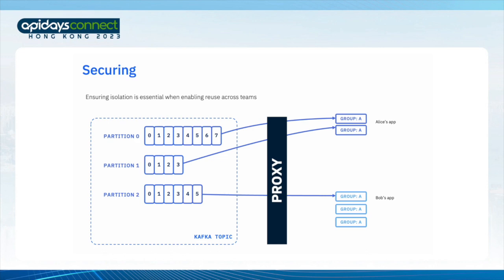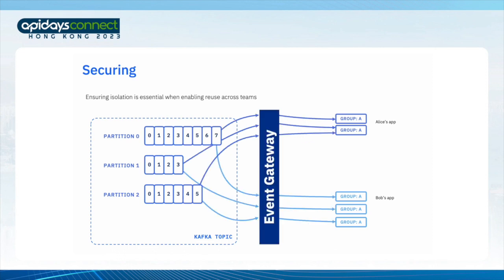My point is that an event gateway needs to be more than just a proxy. It needs to do more than just route connections. It needs to be aware of the underlying protocol. It needs to be able to enforce isolation so that any new application can't impact the other applications created by other developers and other teams. And to be able to do this, it has to rewrite the communications between the apps and the back-end event protocols, those back-end event brokers, to ensure this isolation.